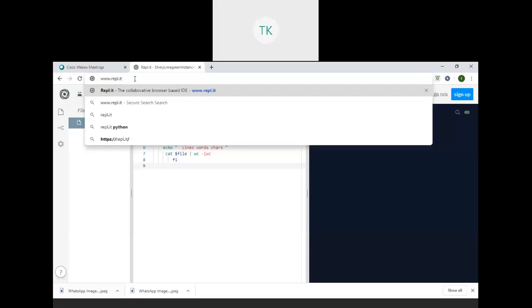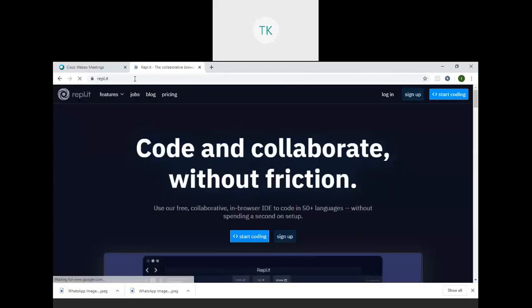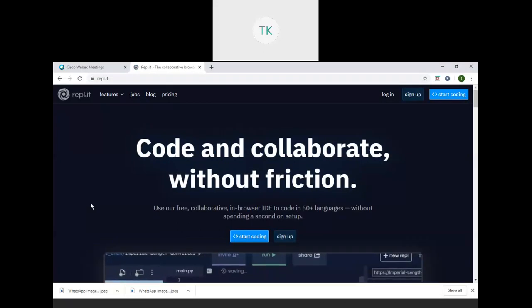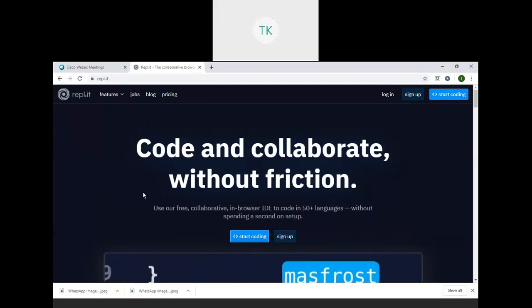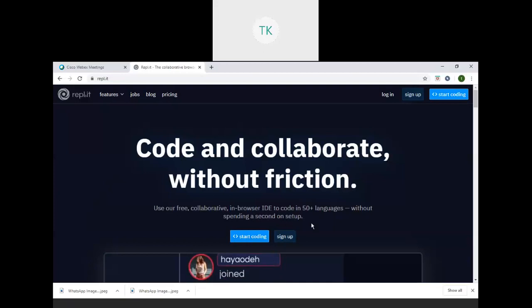Already I said, just type that and you will get the website repl.it, code and collaborate without friction. Use our free collaborative in-browser IDE, which has 50 plus languages.